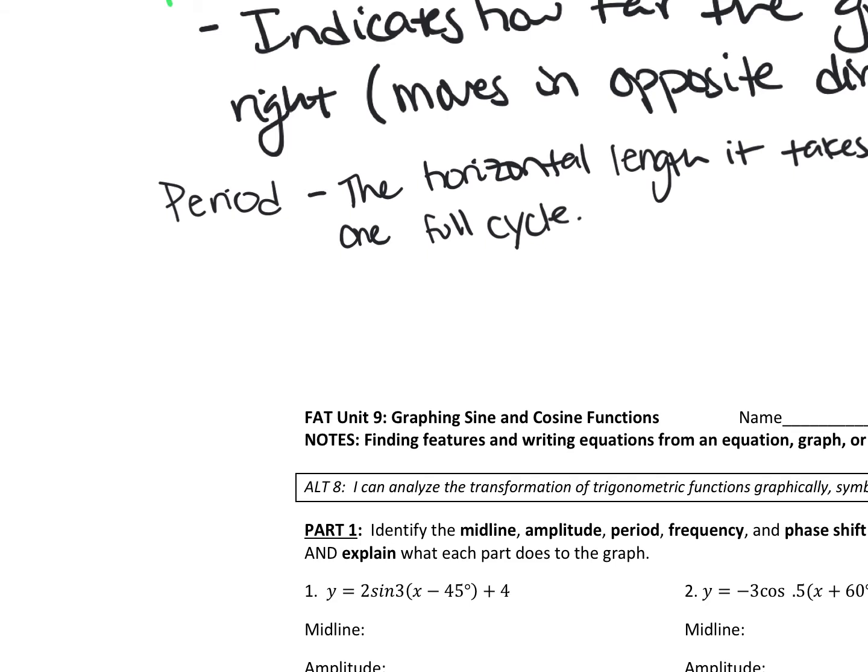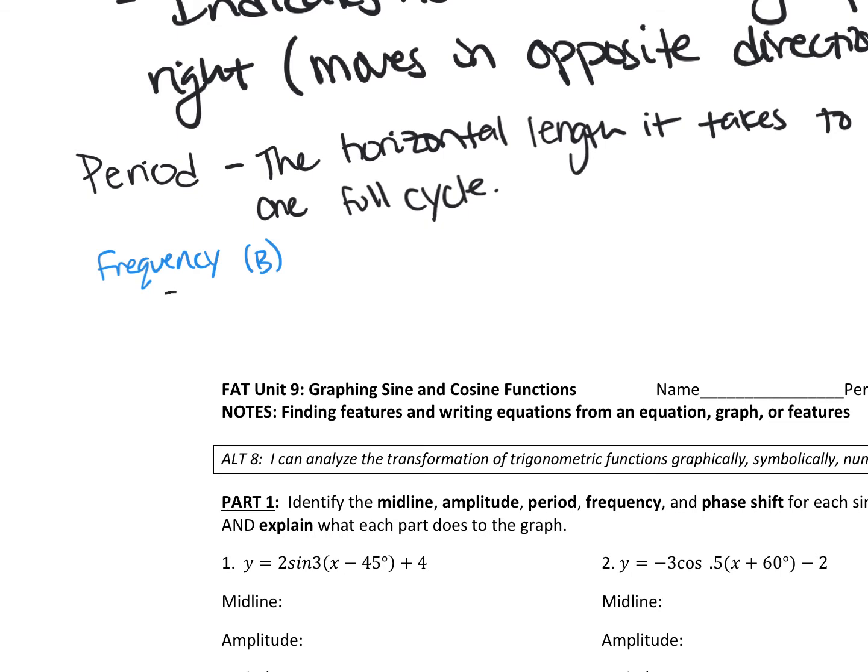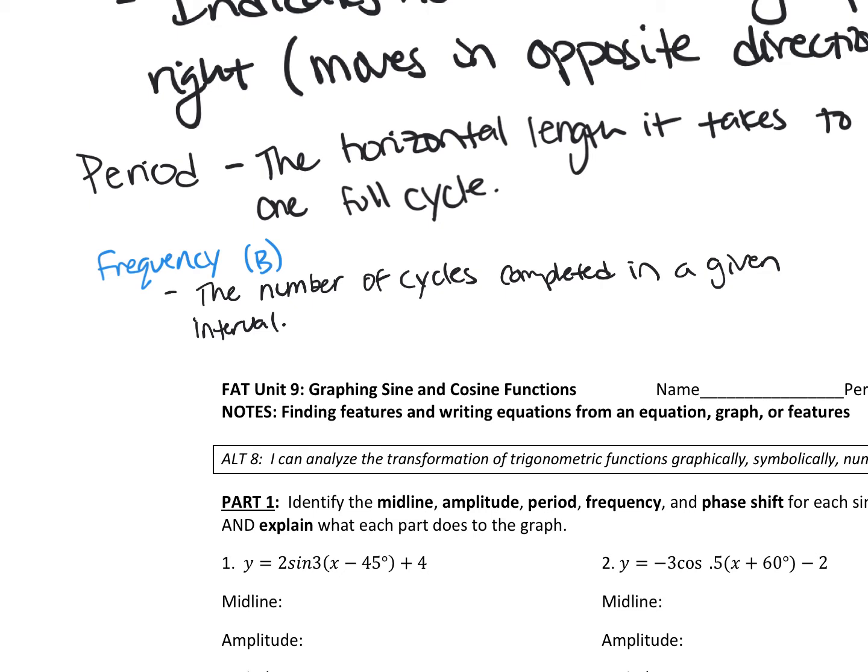Our b value is going to be the frequency. So that's the b value. And our frequency, readjust this, is the number of cycles completed in a given interval. Now, because we're looking at one full, I'm doing air quotes, cycle, one cycle might be one full rotation